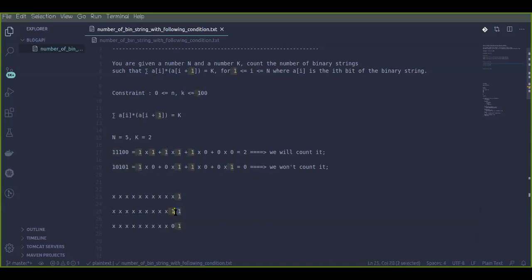So as you can see, if I multiply these two things, I mean 1 into 1, the result is 1, isn't it? But here, the multiplication is 0. If we simply apply common sense, not the logic, then we can see it is giving me a non-zero value here, while it is giving me a simple 0 there. So will this value contribute to get me the result, I mean k? No, it will not, because it is currently 0.